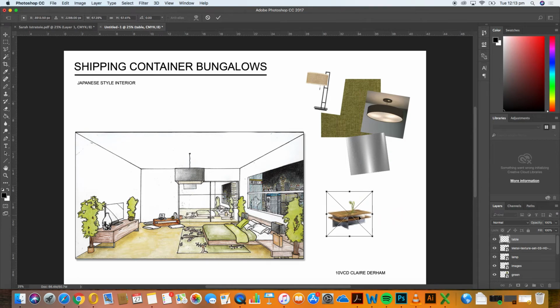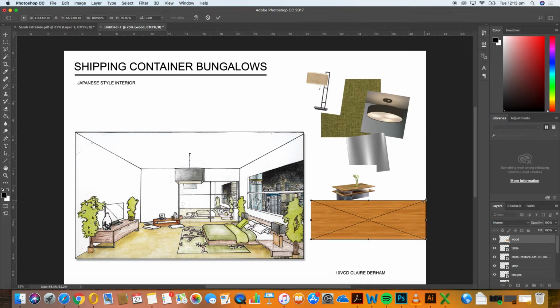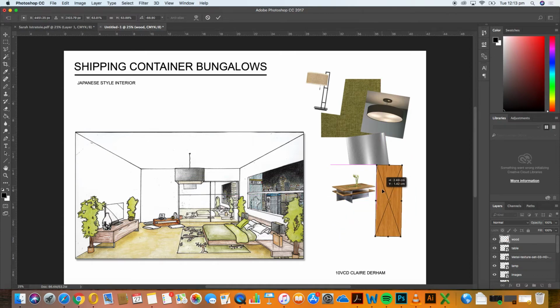I've got 3 objects here and 3 textures. Anything along those lines will work well. Okay, so here they are. Here are all the images down the side. Again, if I just hold down Shift,